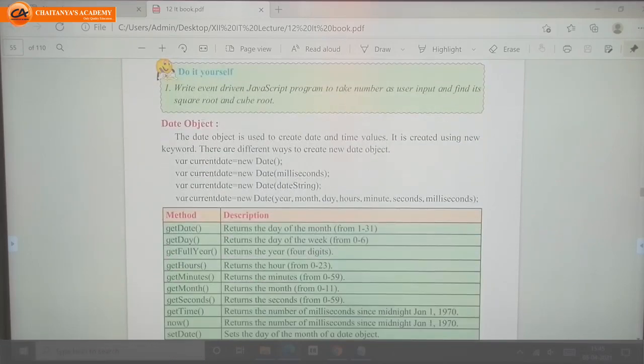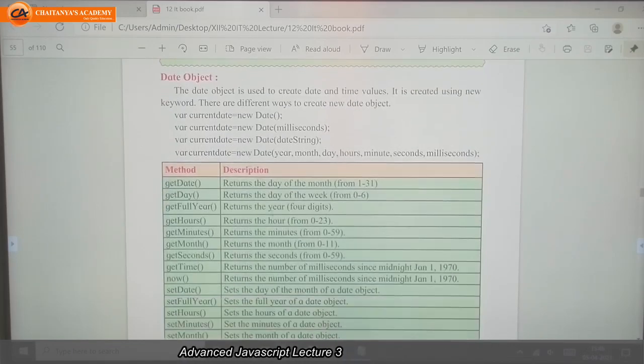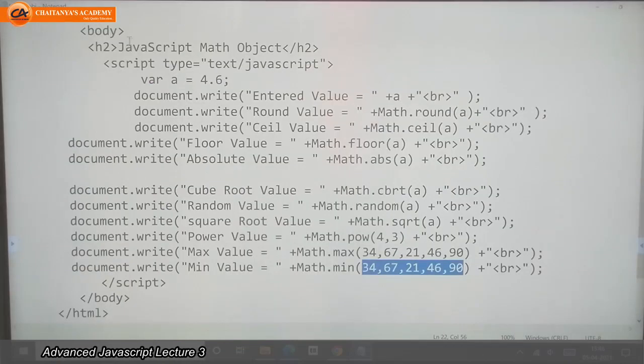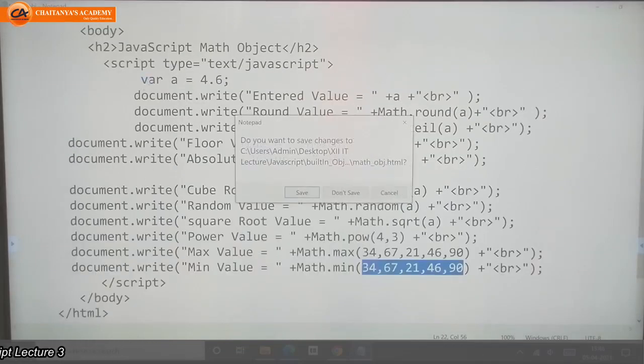Next object is date object. So date object means the object related with date.